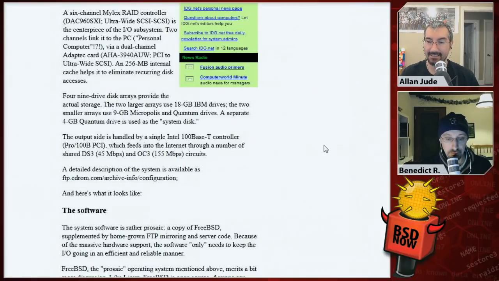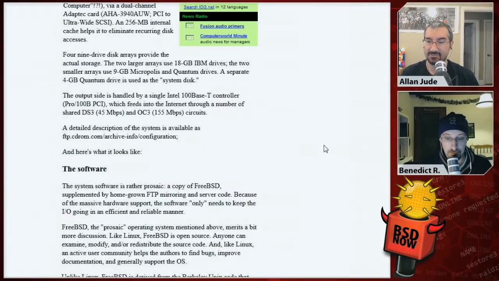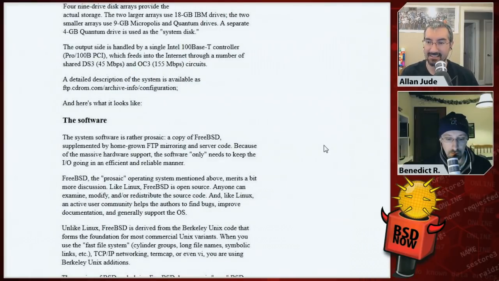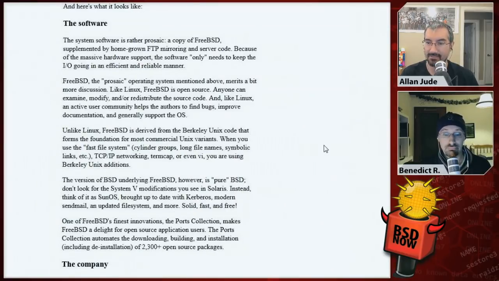4 9-drive disk arrays provide the actual storage. 2 of them are using 18 gig IBM drives, and then 2 smaller ones are using 9 gig Micropolis or Quantum drives. And there's also a separate 4 gig Quantum drive for the system disk. And it uses an Intel 100 base T network adapter connected to some DS3 and OC3 internet circuits. But more importantly, the software is rather prosaic, a copy of FreeBSD, supplemented by some hand-grown FTP mirroring and server